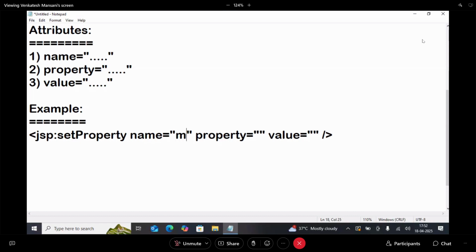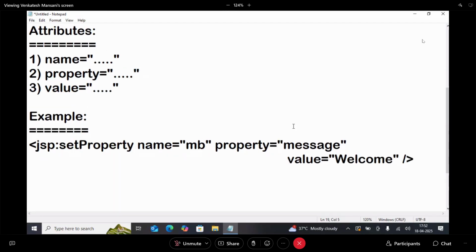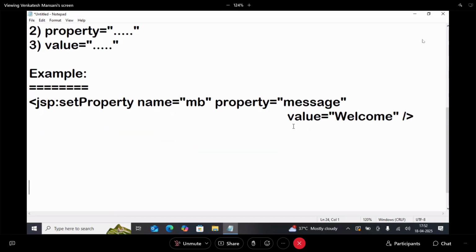What is that? MB. Property name message. Suppose the value is welcome. This line is nothing but like this. It is equivalent to